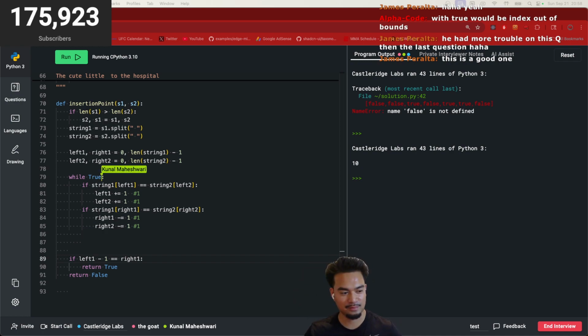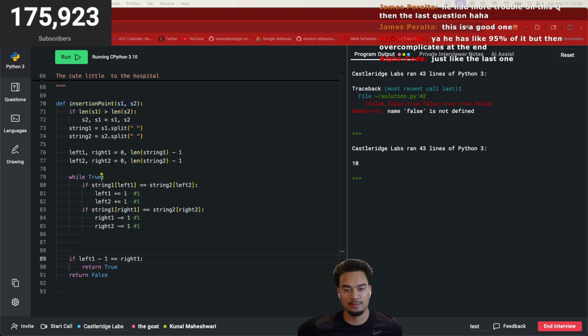If string... whenever both are matching, I just move the pointers back and making sure both are moving. I just need to think of a place where the loop will stop. The loop will stop whenever the left one